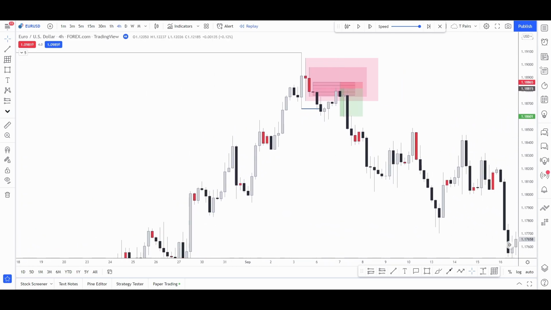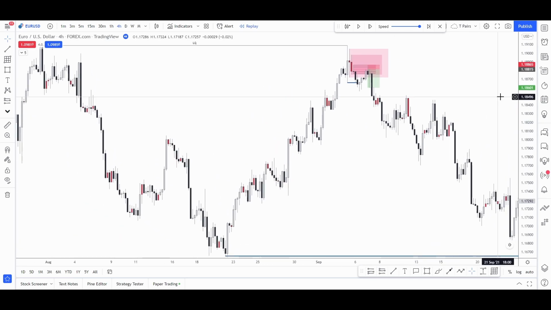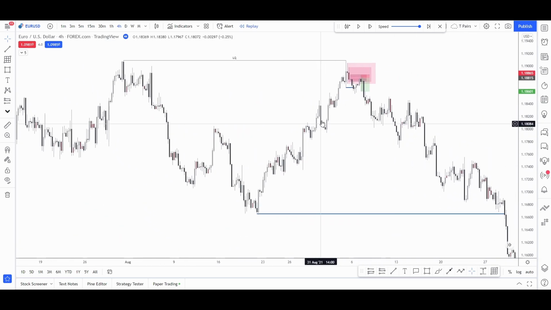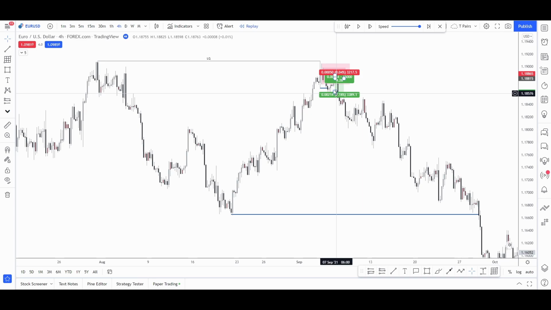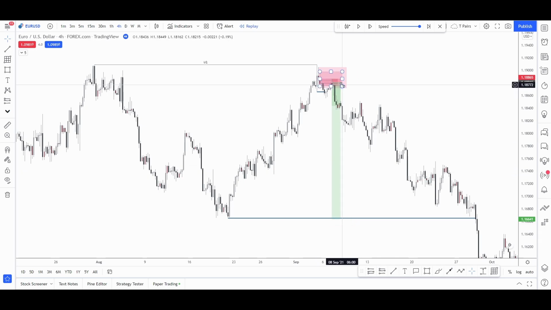But where's the target going to be? Well, we're looking at the 4 hour time frame, aren't we? So for us to be able to continue the journey down, we've already had a wick rejection of here. It's likely just a liquidity sweep. Would people have got involved? I reckon they probably would have done. And the target is all the way down here. Okay, the target would have been an epic